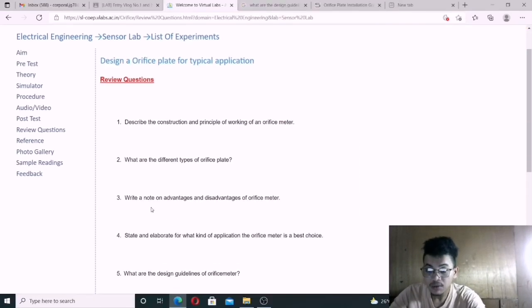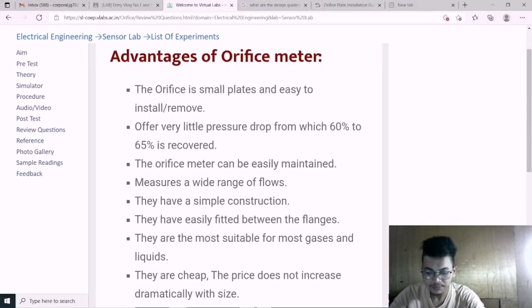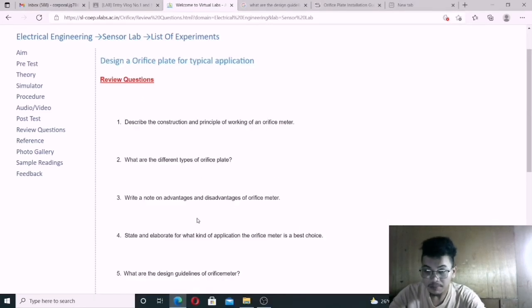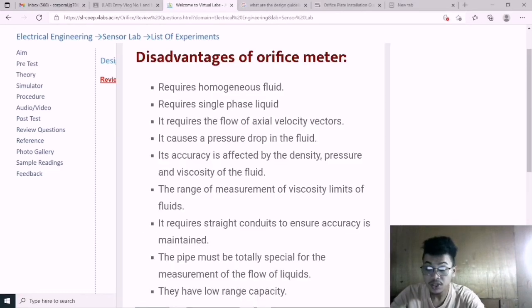The third question is, write a note on the advantages and disadvantages of the orifice meter. One of the advantages of the orifice meter is that it measures a wide range of flow. Second is that the plate is small and can be easily installed and removed. On the other hand, one of the disadvantages is that it requires a homogeneous fluid to measure the difference of the pressure. Second, it requires single phase liquid. And the third one is that